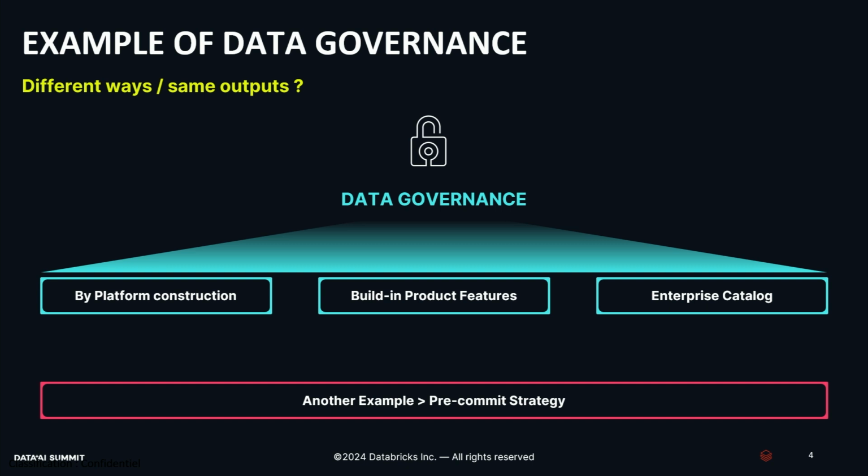And a very interesting example for this is the governance part. Why? Because the way I see it, there are many different ways to do the same stuff. For example, I take data governance. We will have many different ways to do it. The first one will be by design into the data platform, because when I was showing the level of abstraction of the data platform as code, everything is centralized.